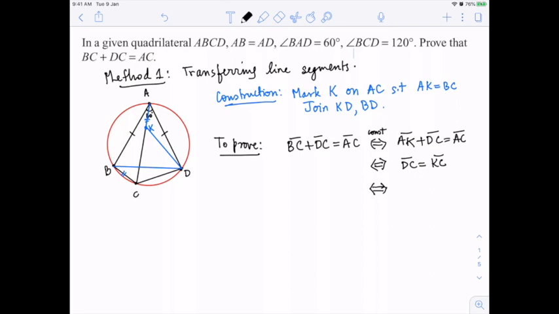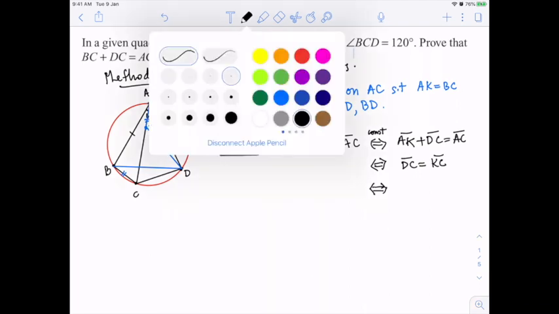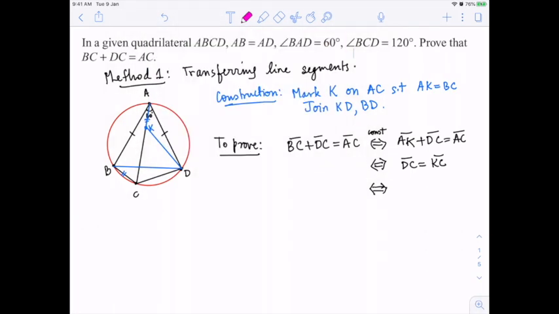Notice that, let's use pink, because AB is equal to AD and BAD is 60 as given in the problem, because of these two data, in triangle ABD we have two sides equal and one angle 60, which means ABD is an equilateral triangle. So this forces ABD to be an equilateral triangle. So this is 60 and this is 60. Once we get that, we can use angles in the same segment to transfer these angles to some other point. So look at this segment AD. This subtends this angle 60. So therefore ACD also must be 60 because angles in the same segment are equal.